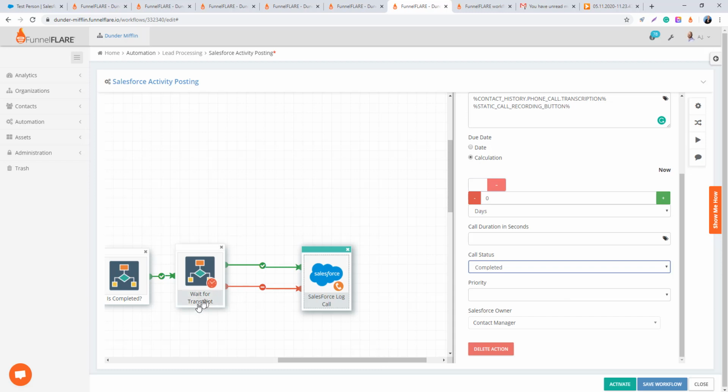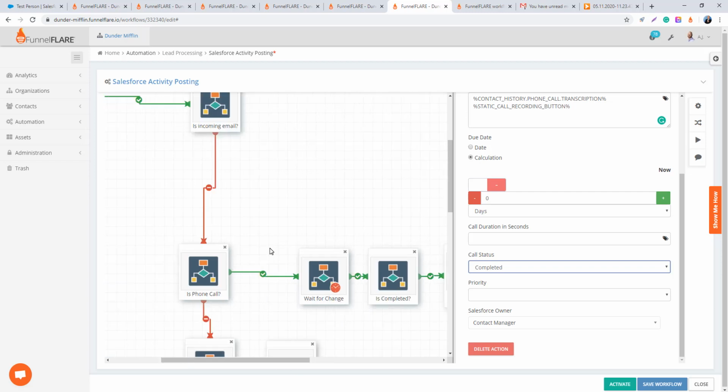And really, it depends on the CRM you have. Some CRMs don't have an explicit post call workflow action, but they'll have an activity workflow action or a task workflow action with a configuration that the type of activity or the type of task is a phone call, and you will post it as completed. And there's lots of other examples, like, for example, if you want to